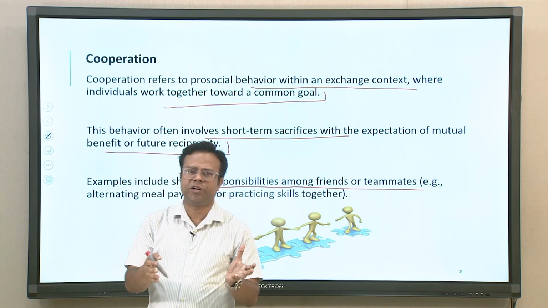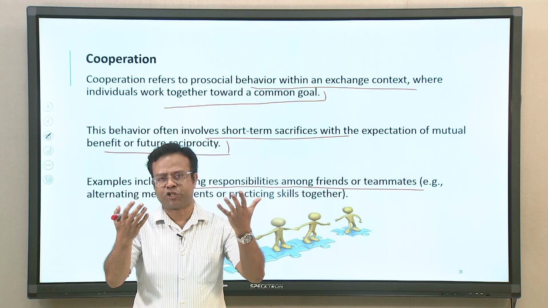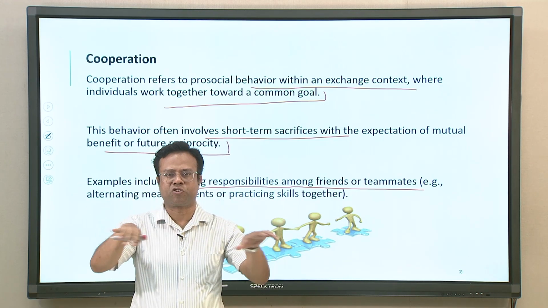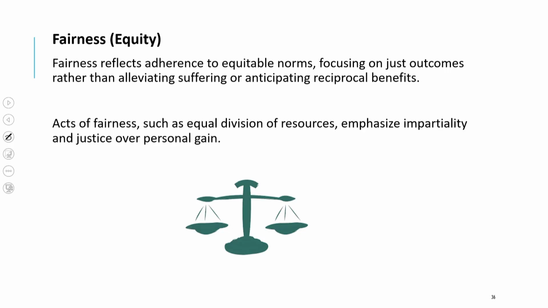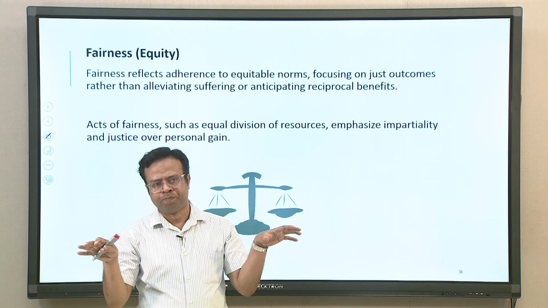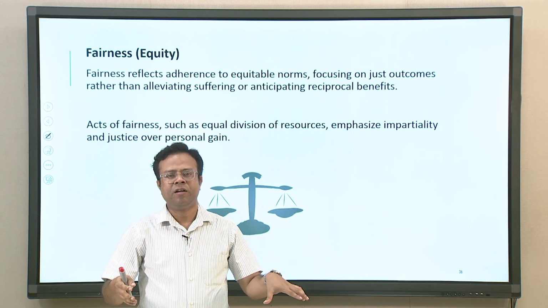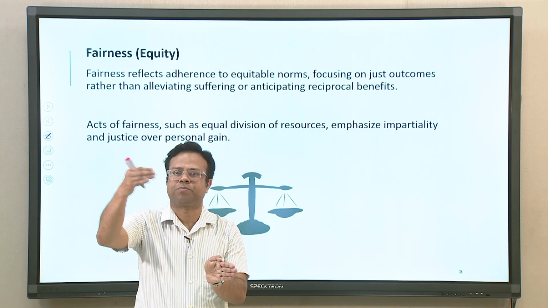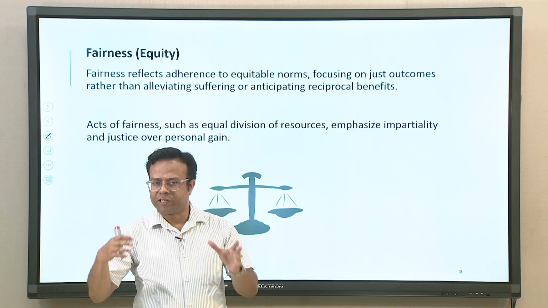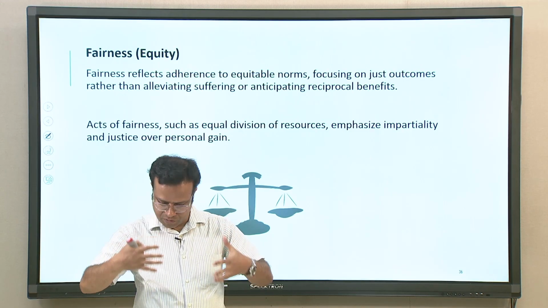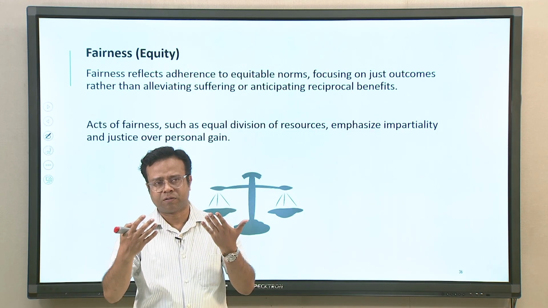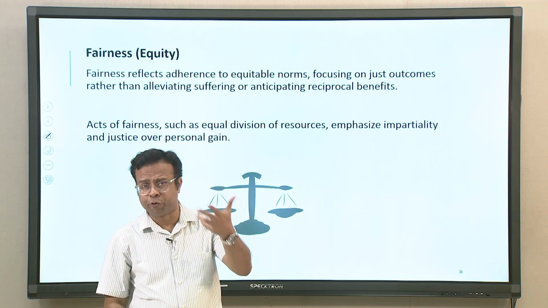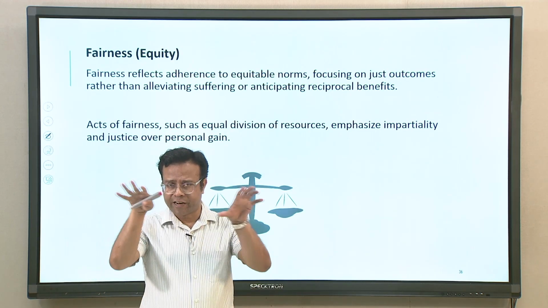It is also a kind of prosocial behavior because there is some intention to benefit each other or some broader context. The third category of behavior which comes under prosocial behavior, many people call fairness. When we are fair to people in any context of behavior, then also we are doing some kind of prosocial behavior. It promotes positivity and well-being, and the group goal is also achieved because of fairness or equity aspects in the behavior.